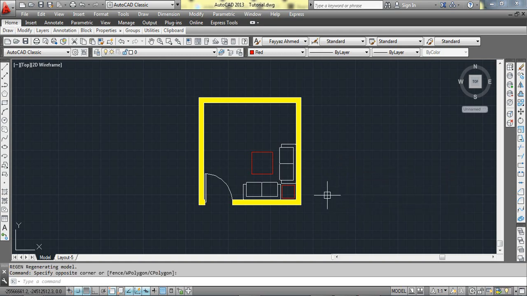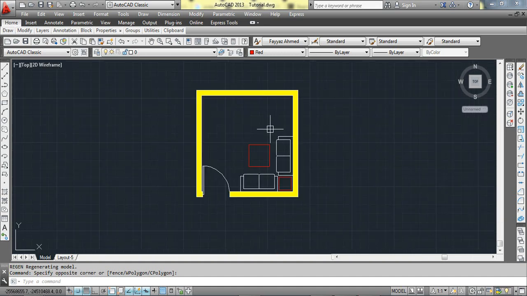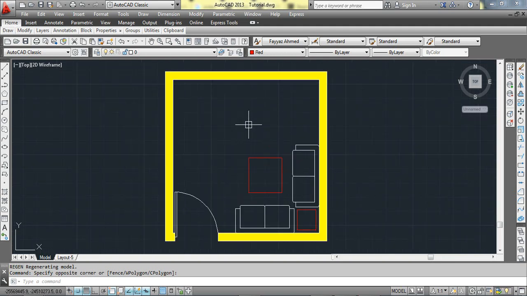Today in this video I will teach you how to convert an object of an AutoCAD file to PDF. So here I have a room. I just want this object in a PDF file. So for PDF I will